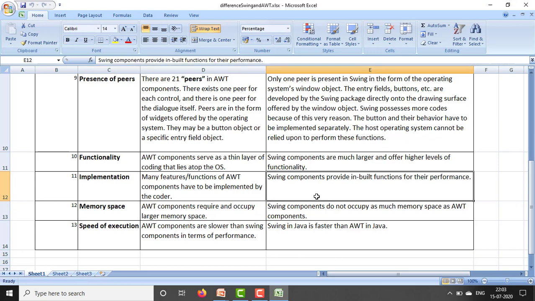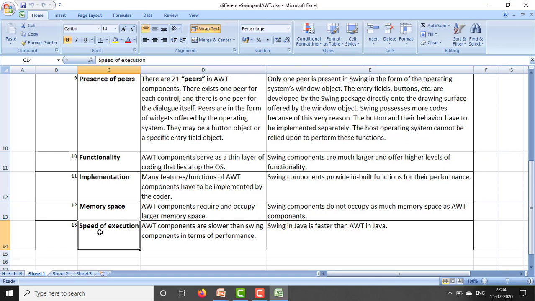Swing components provide inbuilt functions for their performance. Memory space: AWT components require and occupy larger memory space. Swing components do not occupy as much memory space as AWT components.